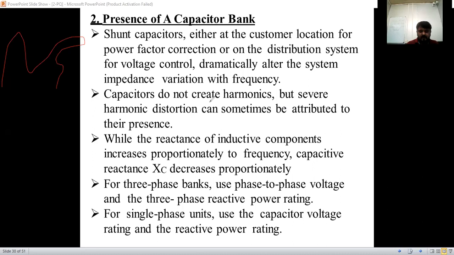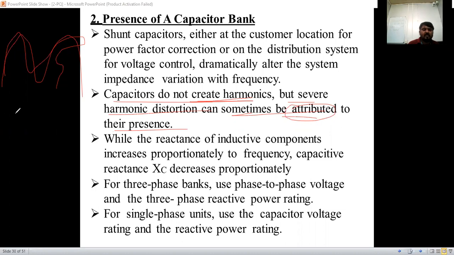Capacitors do not create any harmonics, but severe harmonic distortion can sometimes be attributed to their presence. Their presence is what causes that very severe issue or distortion. Suppose we are using a capacitor bank, but the inductive component increases proportionally to